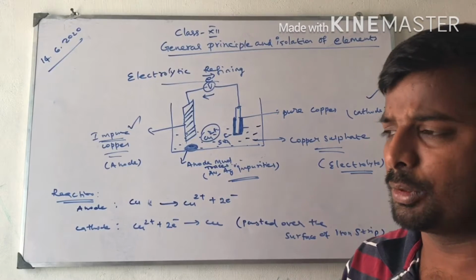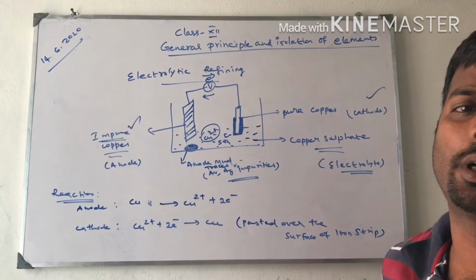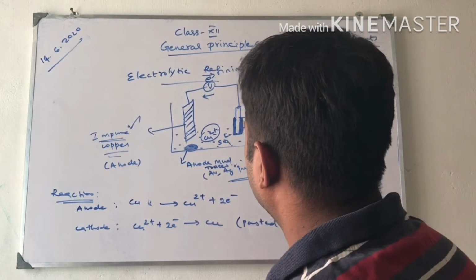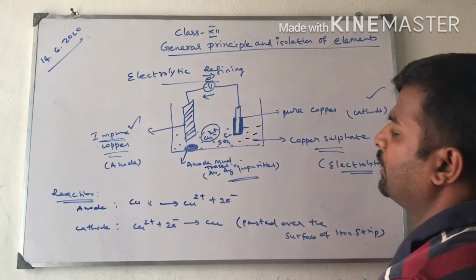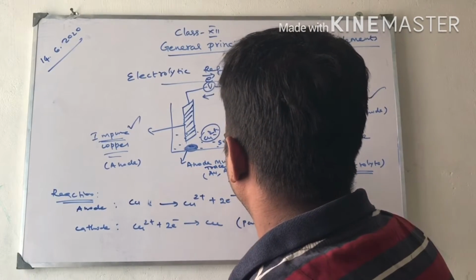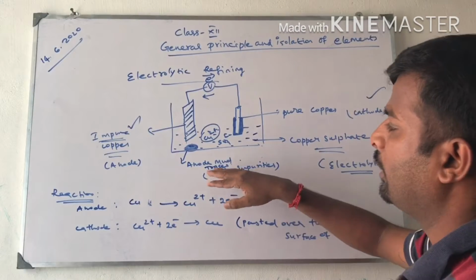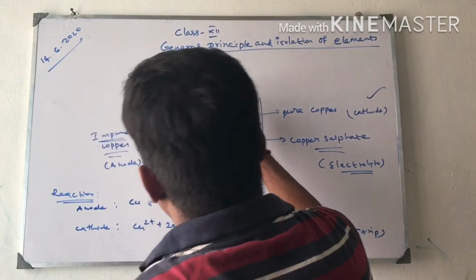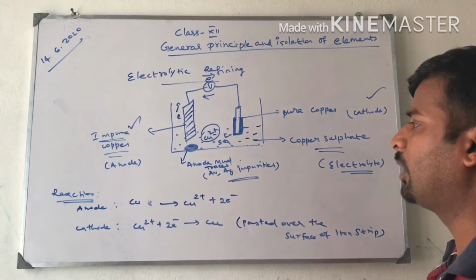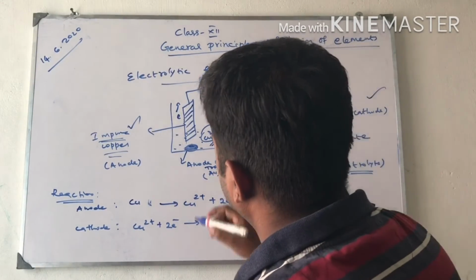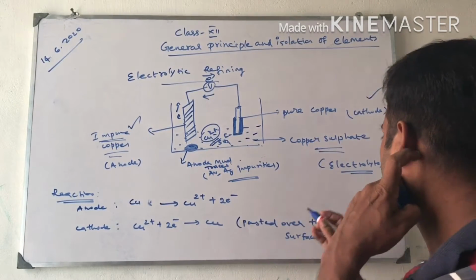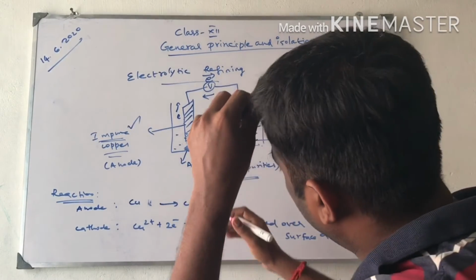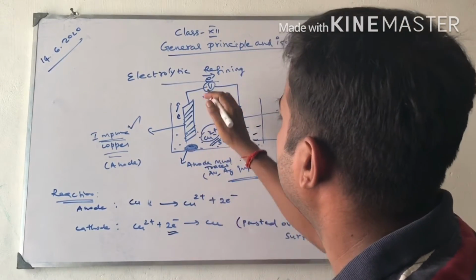Impure metals melt easily when compared to pure metal. So impurities in the metal easily melt and settle down as anode mud. It contains traces of gold and silver impurities. The electrons from the molten metal move towards the cathode compartment. The Cu2+ in the electrolyte gains the electron, because the electrolyte is the salt solution which conducts electricity.